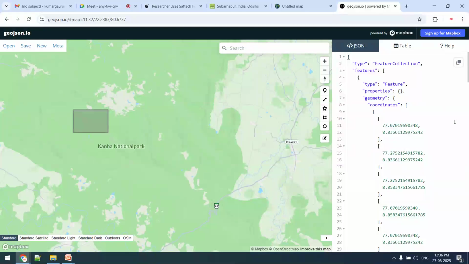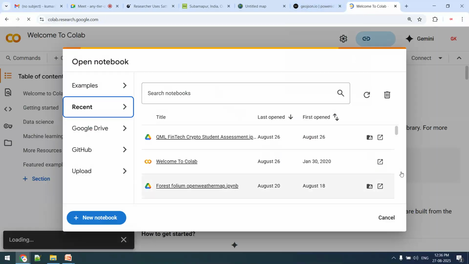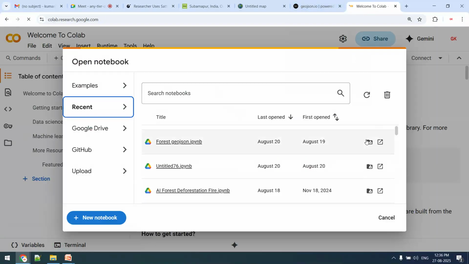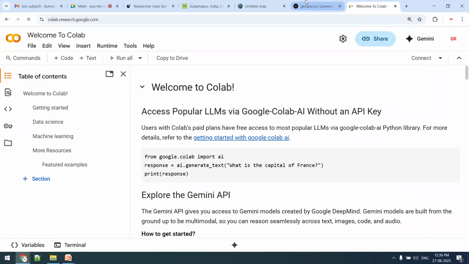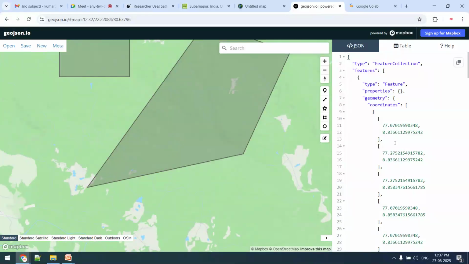So in that case, what I will do, I will copy this code, I will copy this particular data into a Python script. So I'm opening Google Colab. In Google Colab, I want to use this. In the same way, if I want to work with this one, you can see this. Which location I want to analyze. Okay, as soon as I have selected,